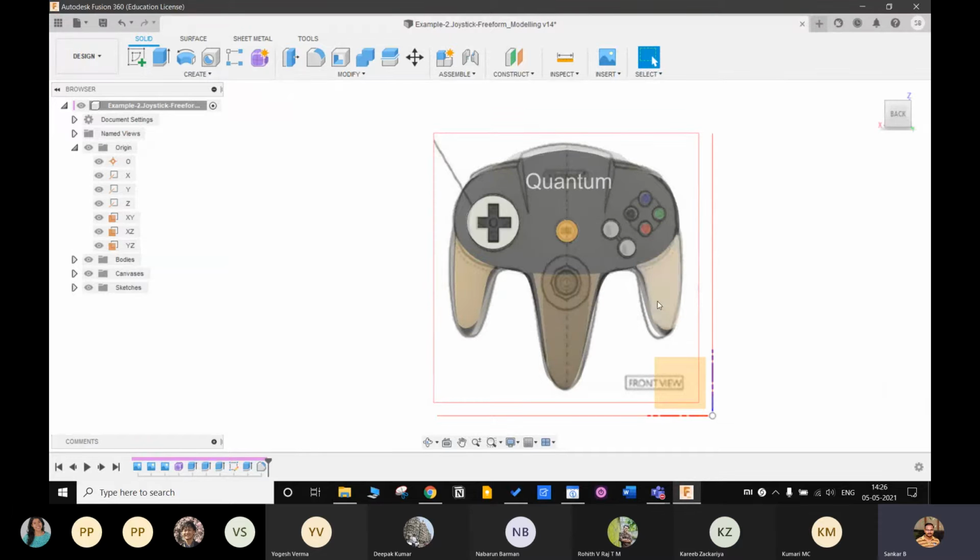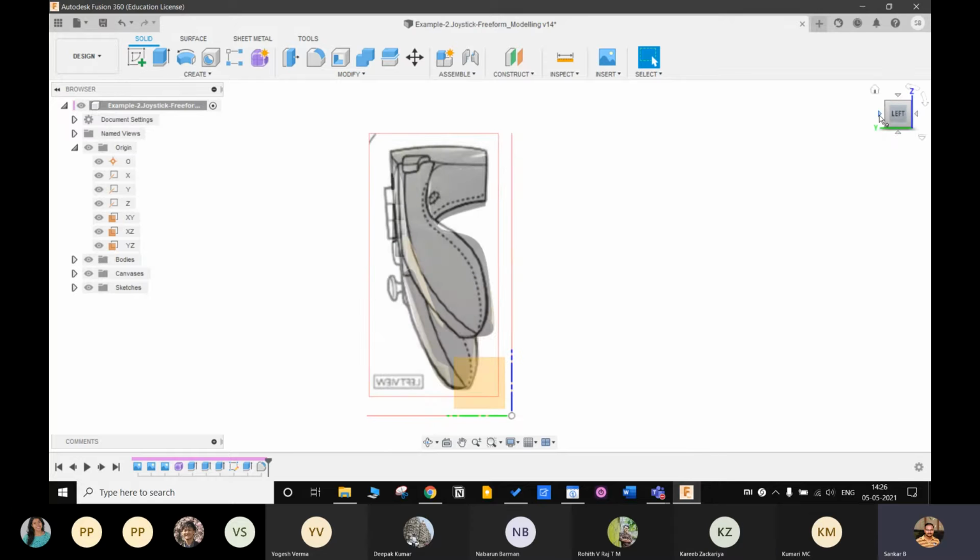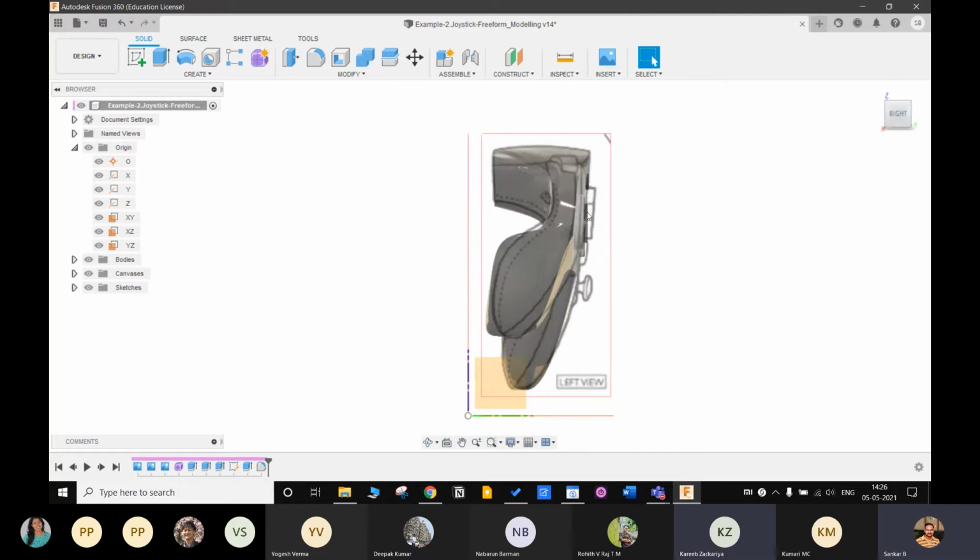As you can see here, it matches. Here, there's a small deviation. When I try to match the form to the front view, the side view automatically gets moved away. When I try to match it with the left side view, the front view gets distorted. So how do I match the sketch, the canvas? The orthographic views have to be exactly aligned, right? Only then I'll be able to.